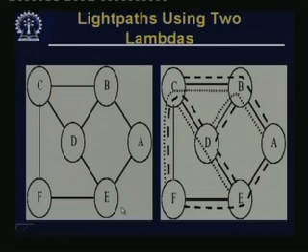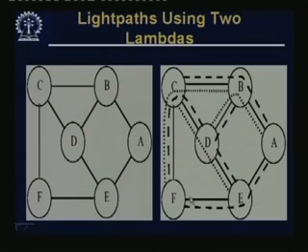So, this is an example of a light path establishment. Suppose you have these A, B, C, D, E, which are connected. In the left half of the figure, what we have is the physical connections. From A to B there is a connection, B to D there is a connection, and so on. In this one I show some